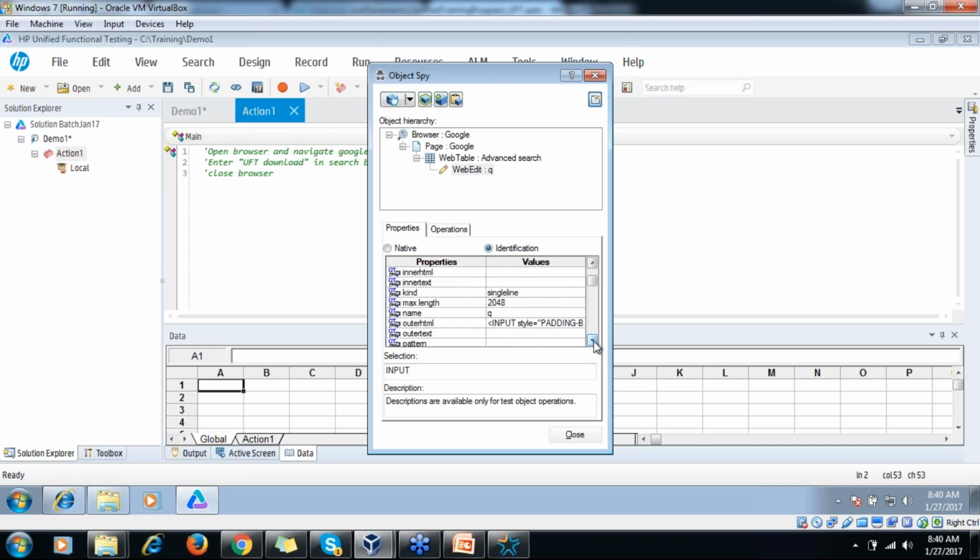If I scroll down, I can see some other properties here. Max length, I can enter 2048 characters in this. The name of this object is Q. So at least we have a name, team. Always remember